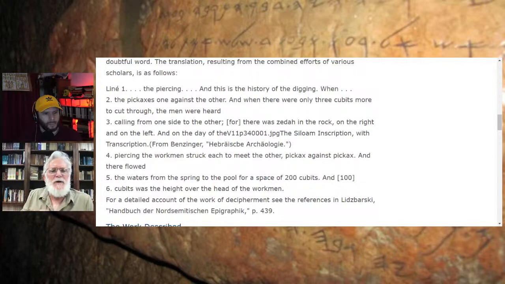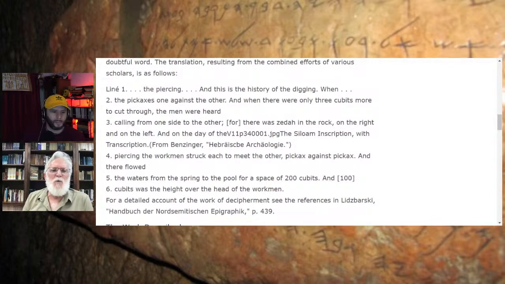And then it says, the piercing, the workmen struck each to meet the other, pickaxe against pickaxe. There flowed the water from the spring to the pool for a space of 200 cubits, and 100 cubits was the height over the head of the workman. Okay, that is